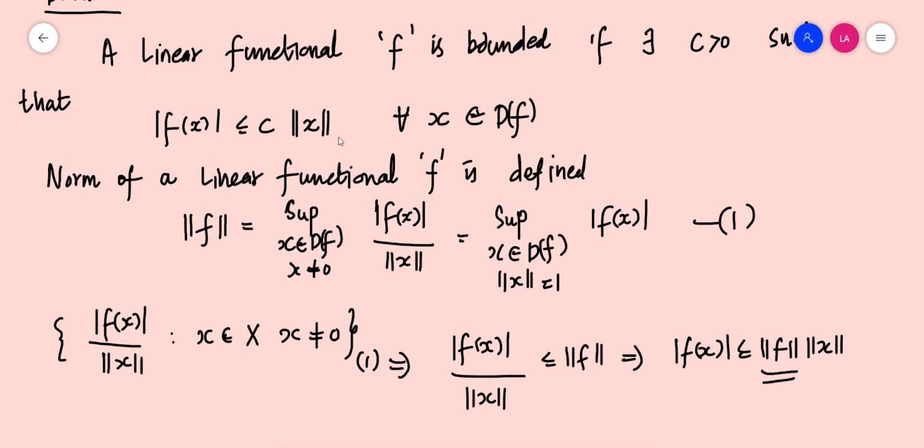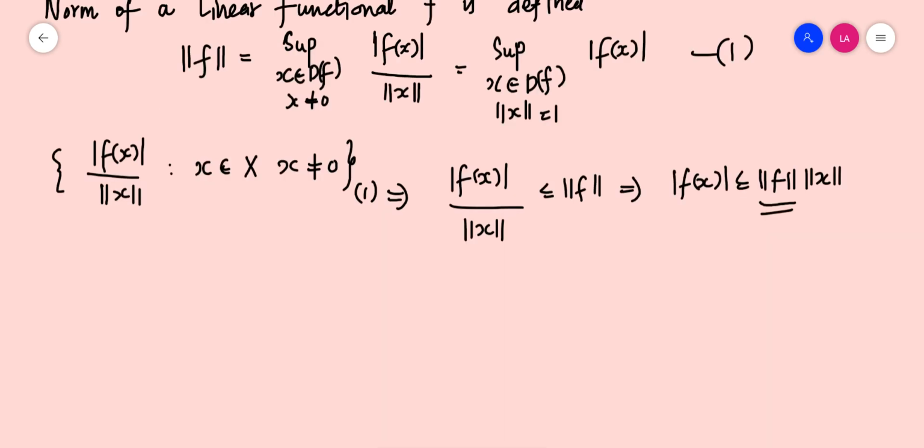Okay. So from this definition, we can restate the definition of a bounded linear functional: a linear functional is bounded if modulus of f of x is less than or equal to norm f into norm x for every x element of D(f). We can define a bounded linear functional as this as well. And using boundedness, we have defined the continuity of a linear operator. Every linear functional is a linear operator. So using that, the theorem can be restated as,